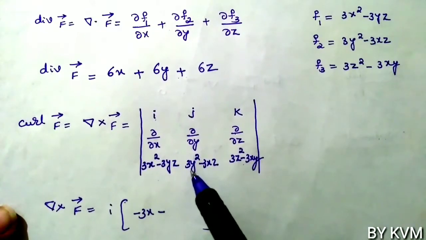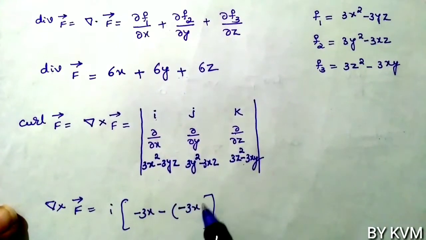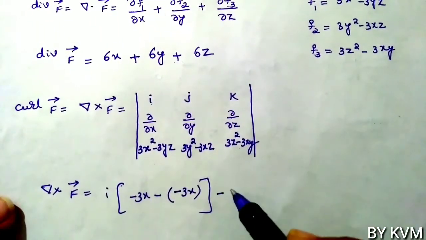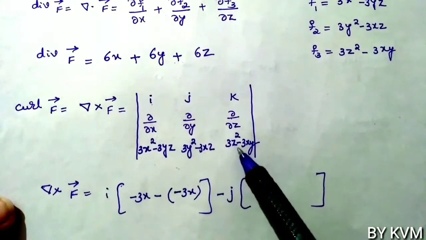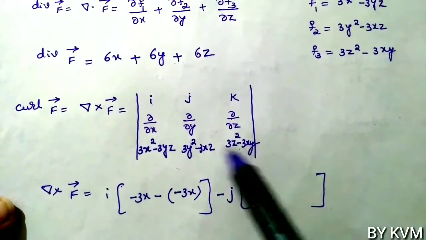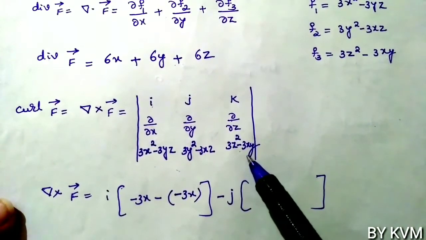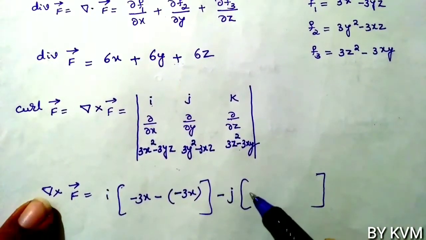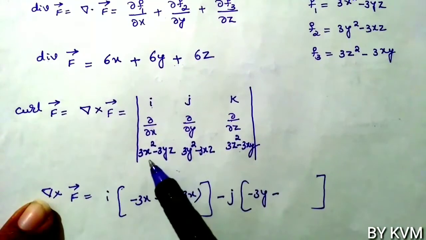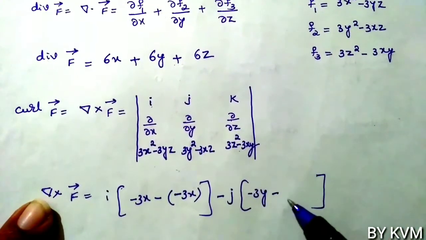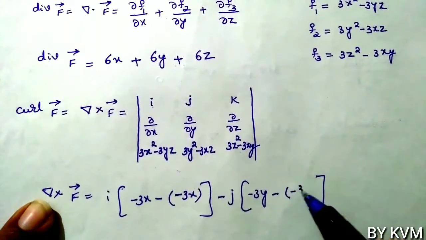dou by dou z of 3y square minus 3xz. So minus of minus 3x, minus j, dou by dou x of 3z square minus 3xy. So dou by dou x of 3z square minus 3xy means we have to differentiate with respect to x. y and z are constants. So we get minus 3y, minus dou by dou z of 3x square minus 3yz. So x and y are constants, minus 3y